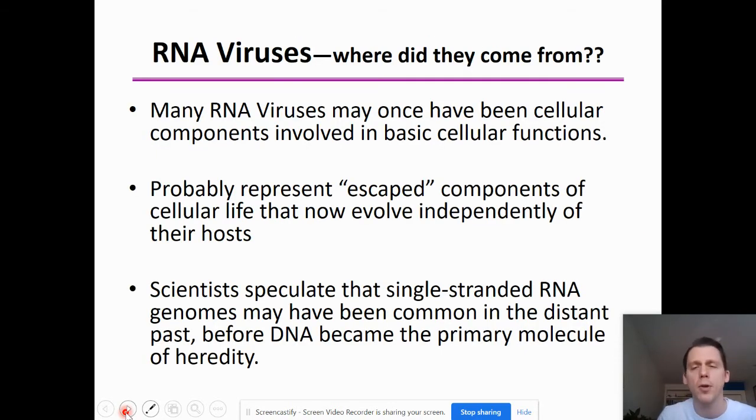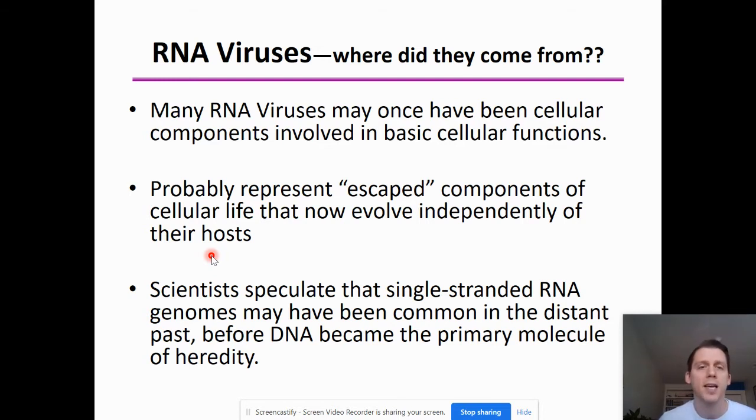So let's first talk about RNA viruses. RNA viruses are viruses that have RNA as their genetic material. And they probably represent escaped components of cellular life that now evolve independently of their host. So it could be that somehow these pieces of RNA escaped from a very early cell and became a separate